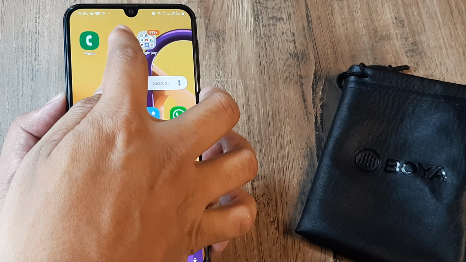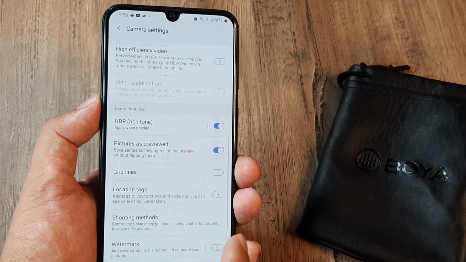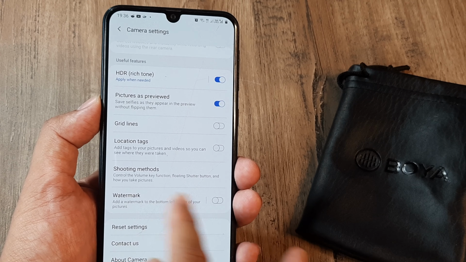So this is typically the shutter sound, and if I go to the settings, not all devices will have a shutter turn off in the settings. I believe some of the Samsung devices have, but not all have. And therefore, let's look at the method where irrespective of the device that you have, you can turn the shutter sound off. And this is possible through a mute mode app.